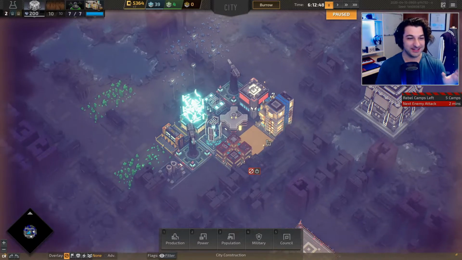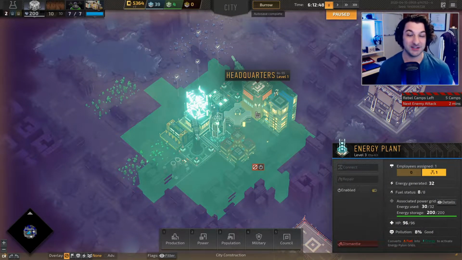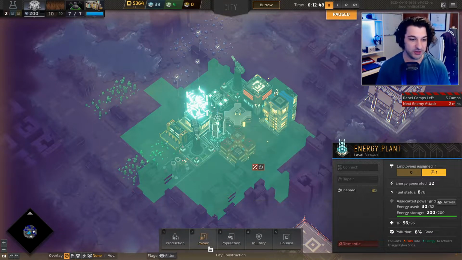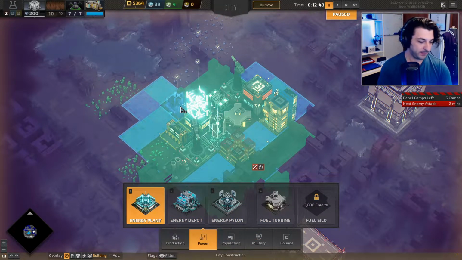Okay, so right. There's a lot more going on here. So like I said, now we've got dedicated power. So I actually don't need to produce power inside of my HQ or even a factory anymore. This is a level 3 energy plant. And you'll notice it does have the option for me to connect it to another energy plant, which I am going to do, in fact, right now. So let's build another energy plant. And let's just put it...